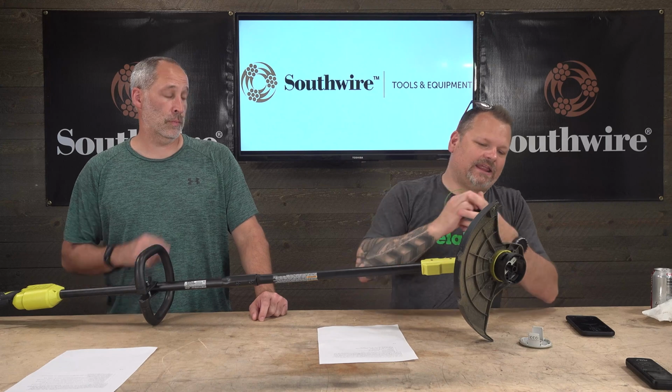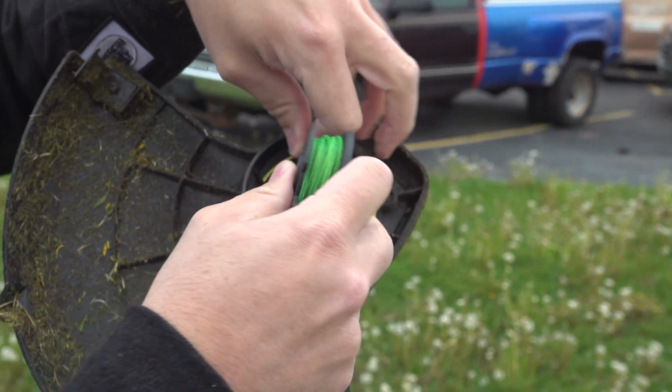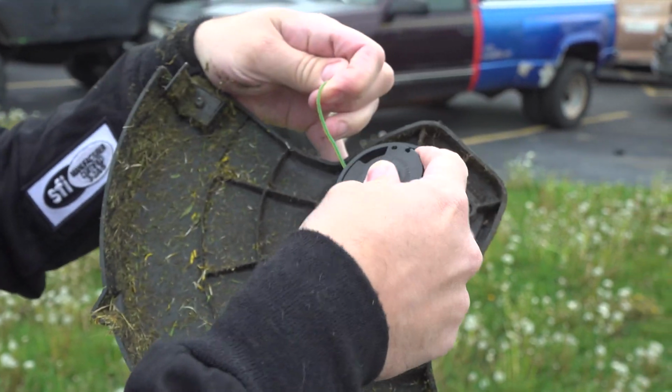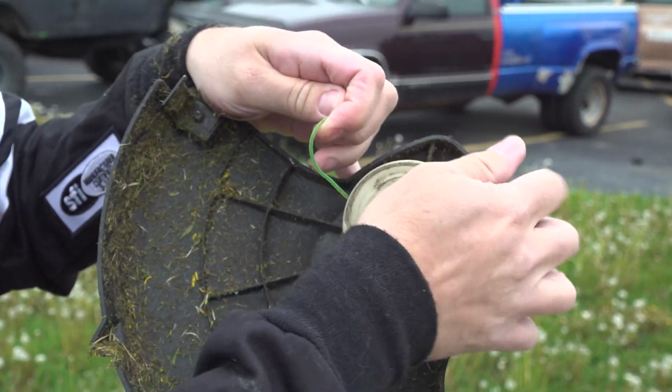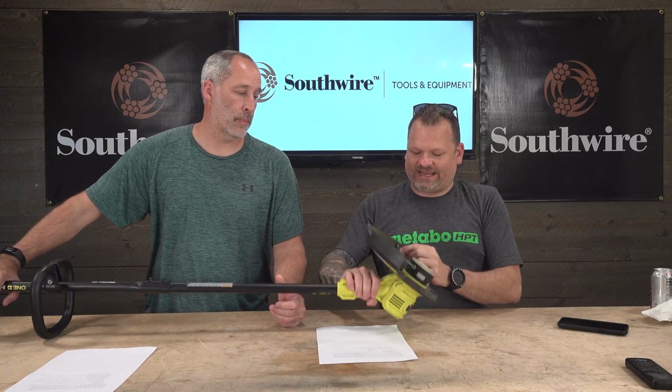Yeah, basically to put string in, you guys, you just pull this out and you run the .080 line around it, and then you can just stick it through the hole, and then you push down on it and you click this in. That's it, right? Then when you first turn it on, if it's long, it's going to hit this little cutter here